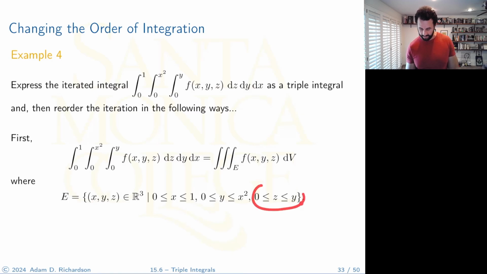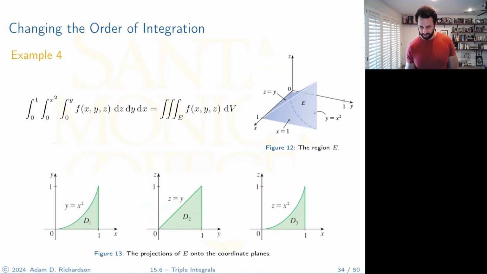So notice z is going between 0 and y. So the plane z equals 0 is the xy plane. And the plane z equals y is this diagonal plane right here. Oops. It's hard to sketch. All right, so z is going from here to there. Now, what is y doing? y is going between this line and this curve, y equals x squared. Okay? And then lastly, x is going to go between 0 and 1,